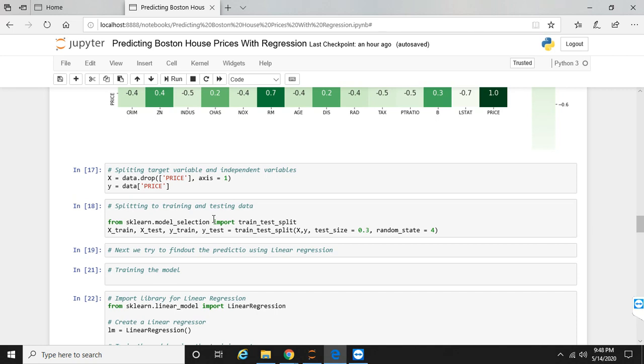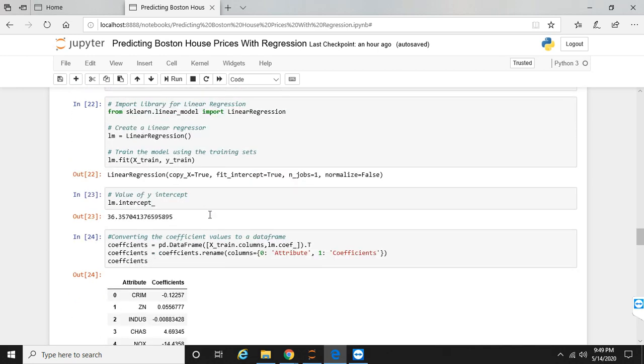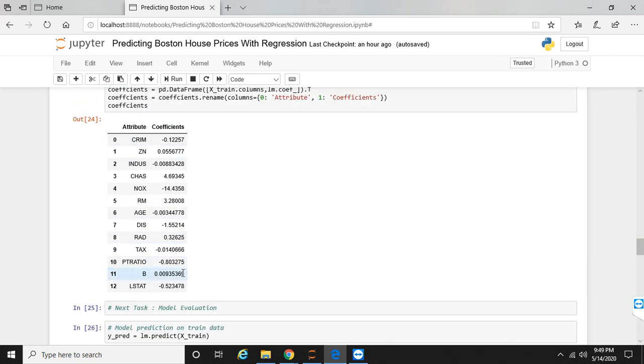Then we'll prepare a training model, importing LinearRegression from sklearn.linear_model, and create a linear regressor and train the model using the training set. Then the value of y is depicted over here, and converting the coefficient values to a data frame, and the coefficient values are shown over here.